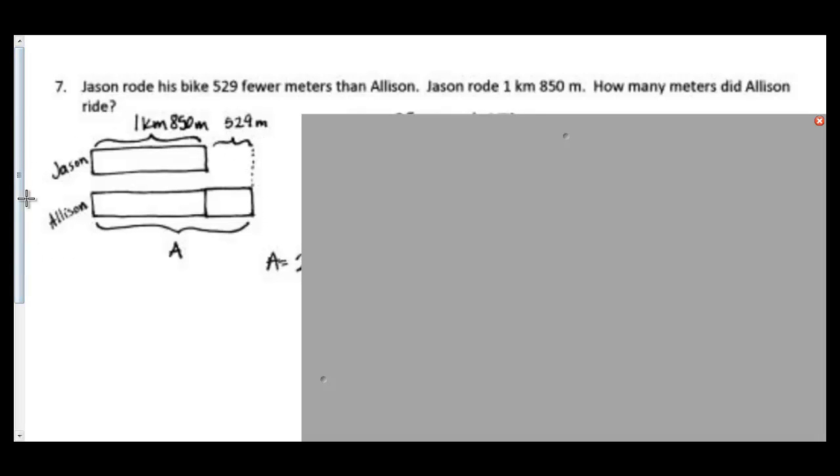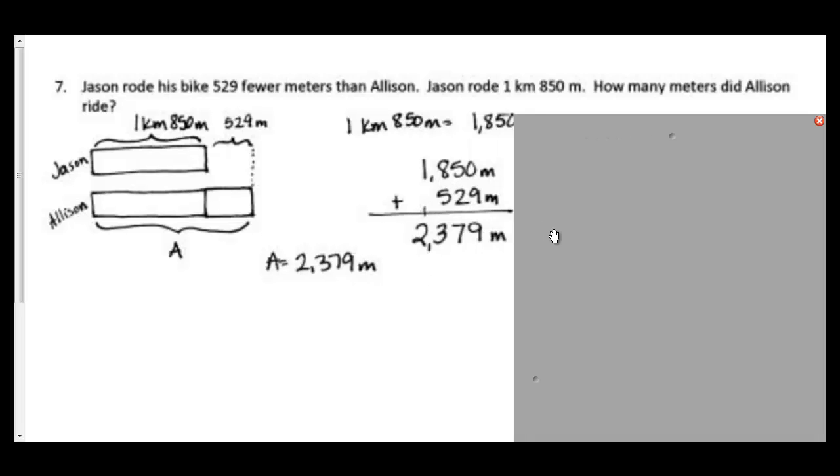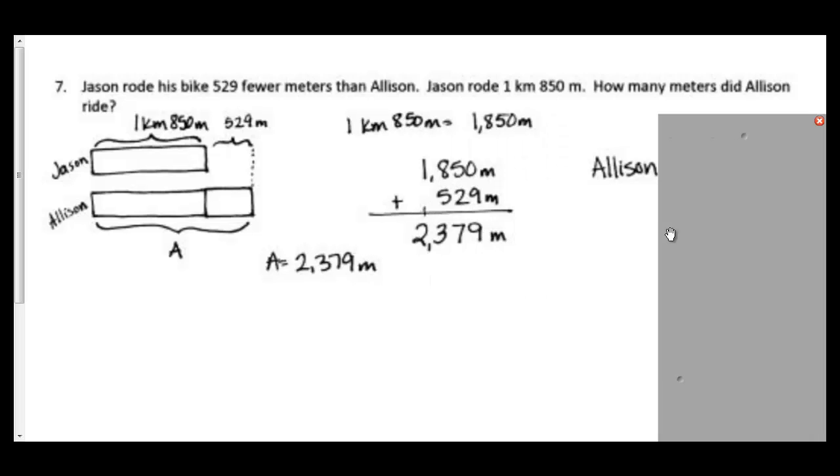Now, this isn't the only way that you could have drawn your tape diagram. I chose to do it as a comparison. You could have just drawn one tape diagram representing Allison, and that would have been accurate too. All right, so it looks like if I put these two numbers together, I will find out how far Allison rode. And that's exactly what I did. The first thing I did was I went ahead and changed 1 kilometer, 850 meters to 1,850 meters. Then I added my 529 meters, and that gave me